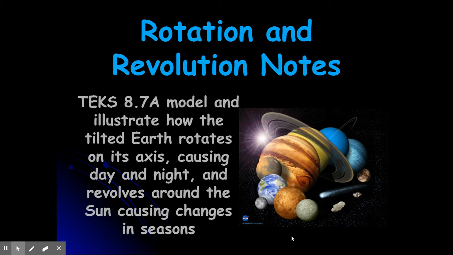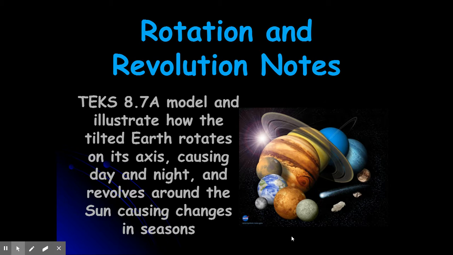Now, for our purposes this year, of course, we're just going to assume that the sun is stationary. It is not in real life. We will talk a little bit about that later on, but our focus is on the movements of the Earth and what effects those movements have on our day to day experiences and what we see and feel here